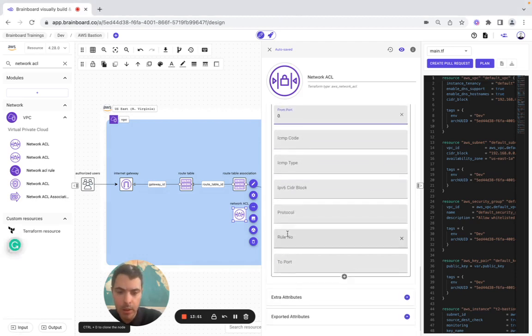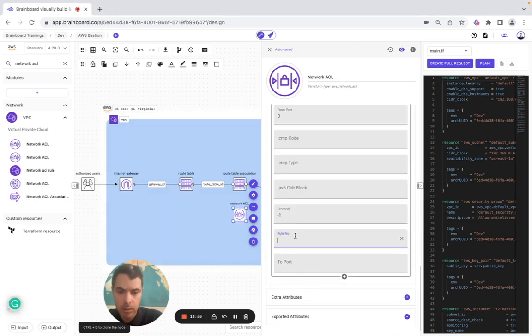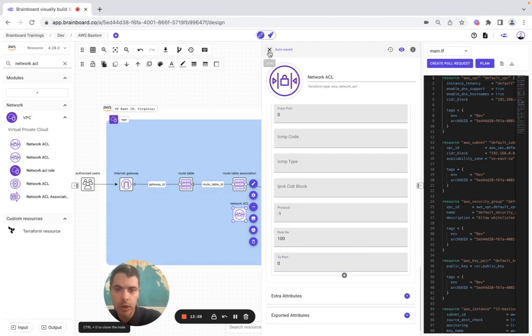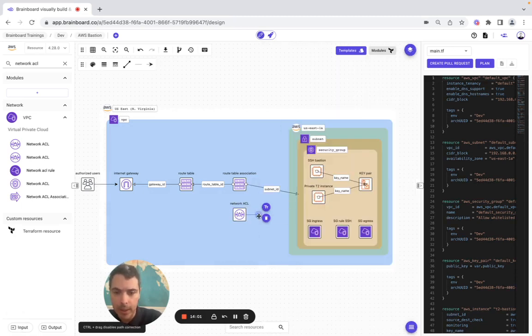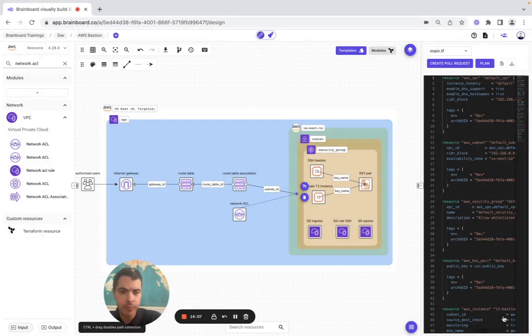So here rule, and here 0. We are good, and here we add this. We look at everything here,